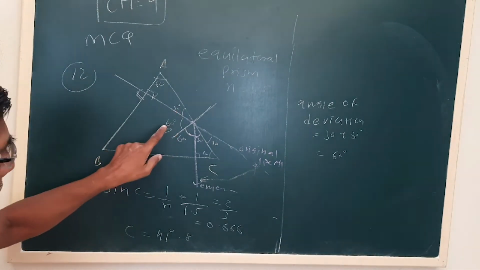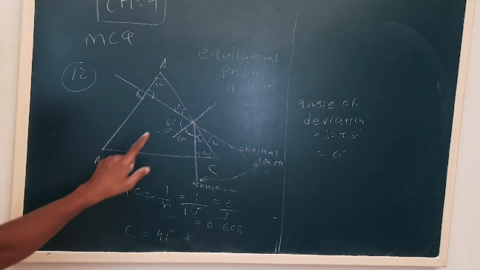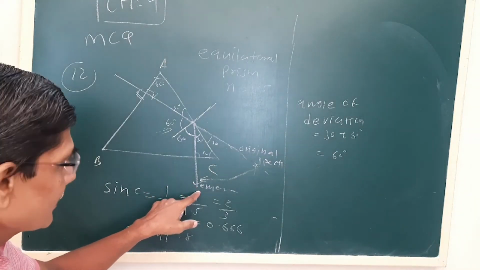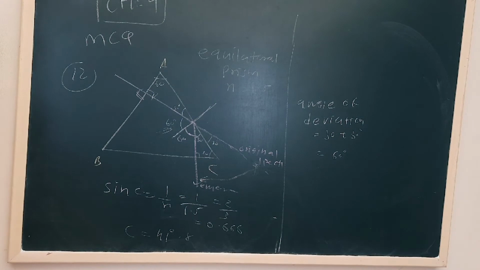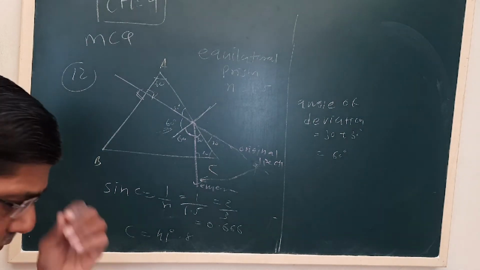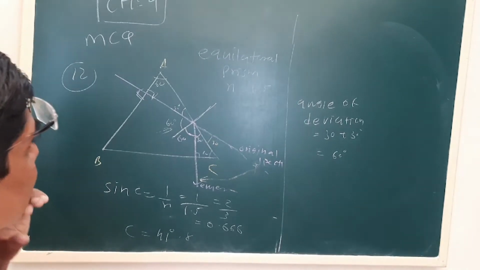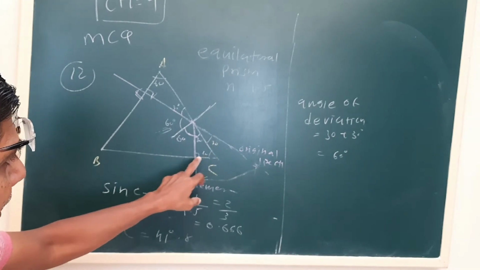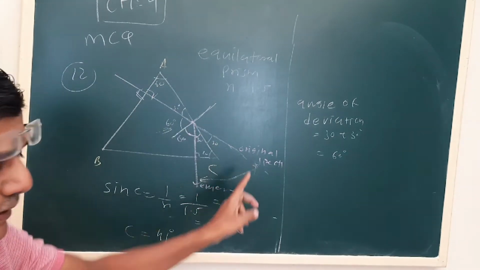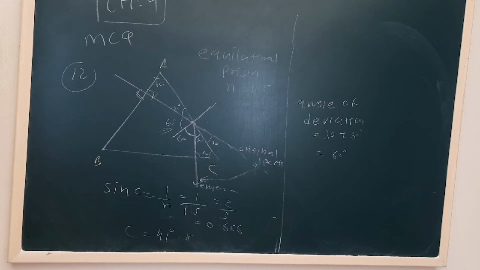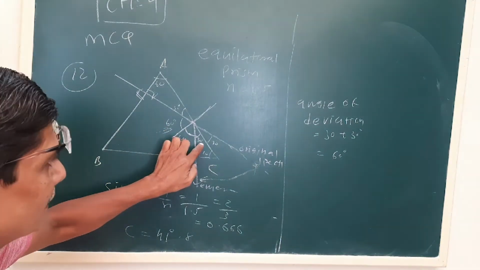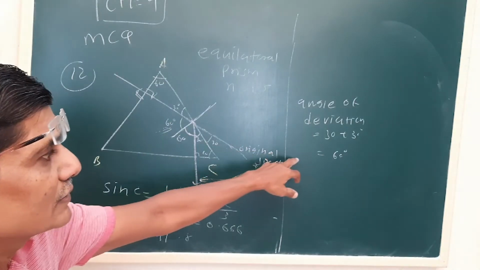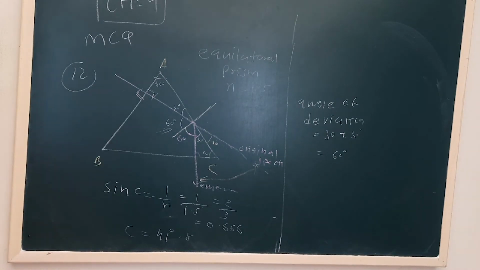If it suffers total internal reflection, the angle of incidence and angle of reflection will be the same. Now this will be our emergent ray. This is the original direction of the incident ray, and by the property of the sum of angles of a triangle, this will be 30 degrees. Why? Because this is an equilateral prism, 60, 90 and 30. Again, for the linear pair, the sum of the angles will be 180, so 60 plus 30 is there, and this also has become 30. So the angle of deviation has become 30 plus 30, which is 60. So this is about MCQ number 12.